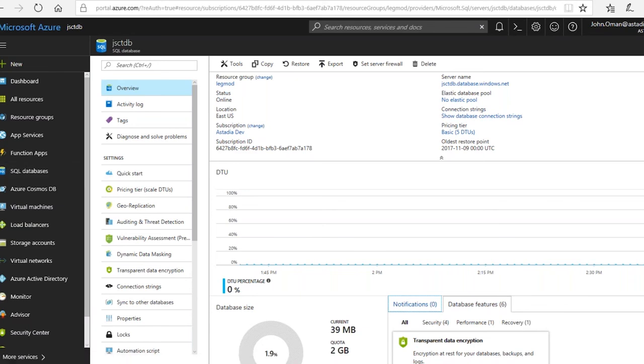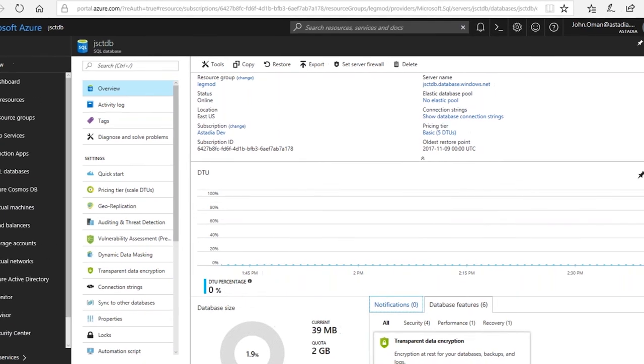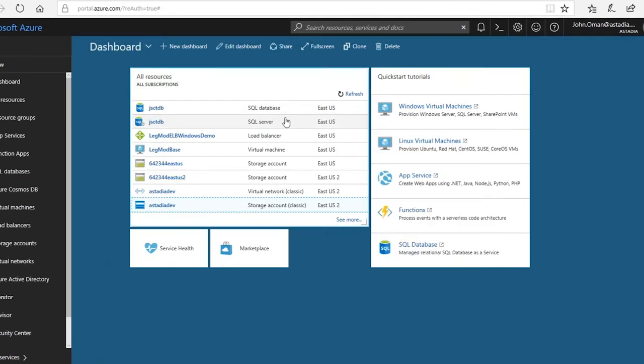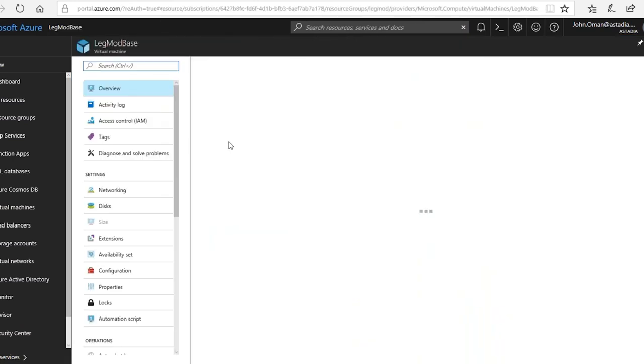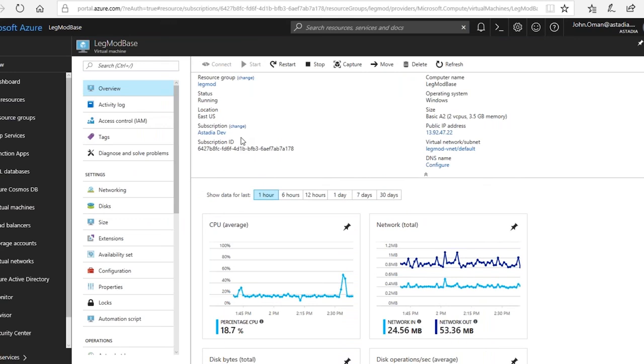If I go to standard, I can go from DTUs up to higher levels, and the price goes up, plus the amount of storage. Same with premium and premium RS. So very quickly you can just apply the changes, and with a reboot in maybe 5 to 10 minutes, you're back up and running at a higher level of machine that can support maybe a big job you're running or whatever. The next thing we're going to look at is